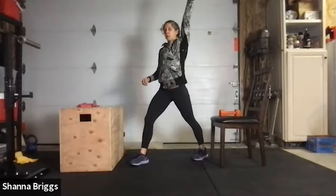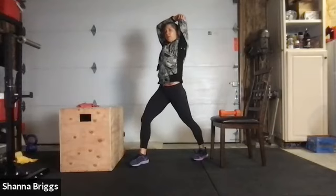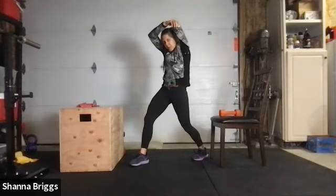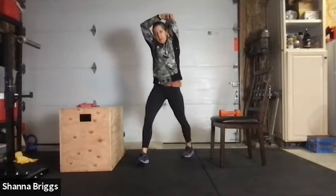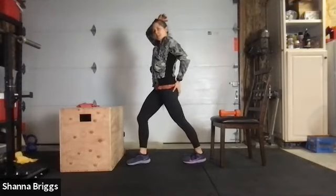You're going to reach your right arm straight up, bend that elbow, reach up and grab that elbow. Now here, we don't want to arch back too far. We don't want to drop that head forward. We want to stay as tall as we can. And just very gently, you're going to shift that back hip forward, kind of squeeze this glute of the back